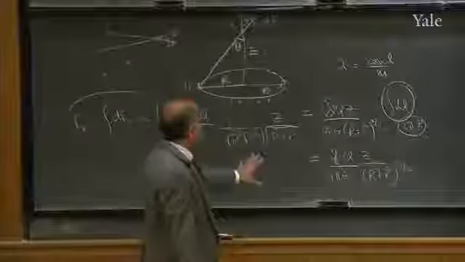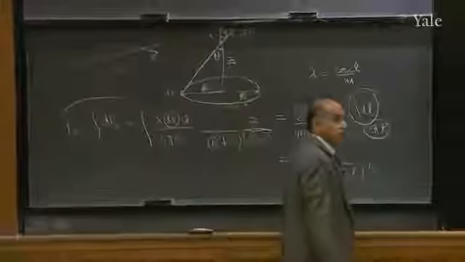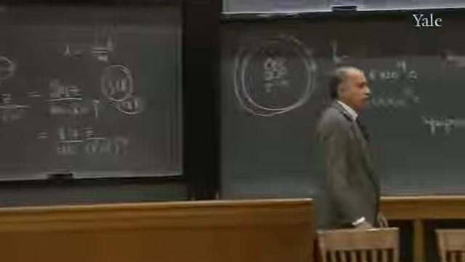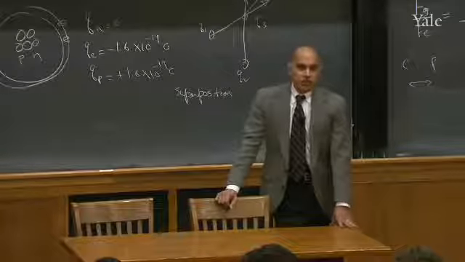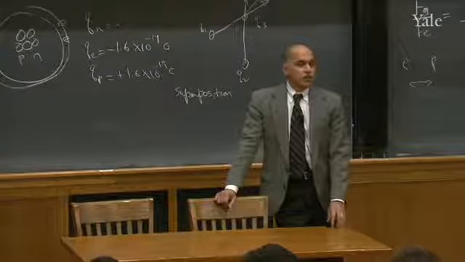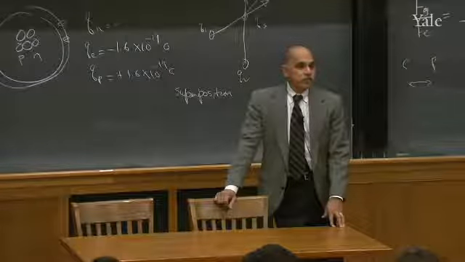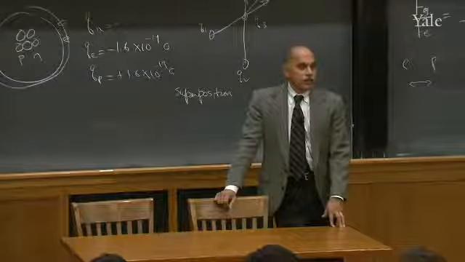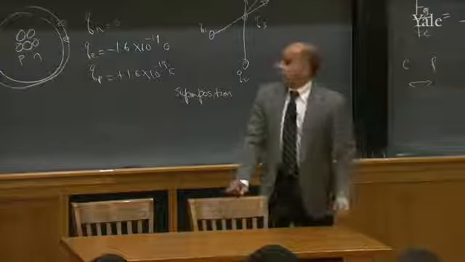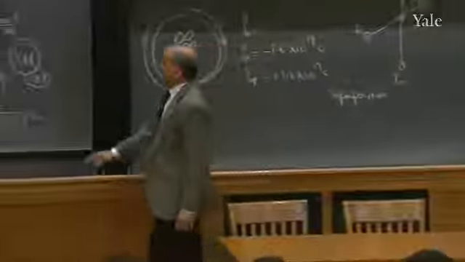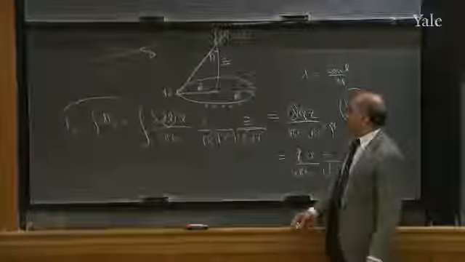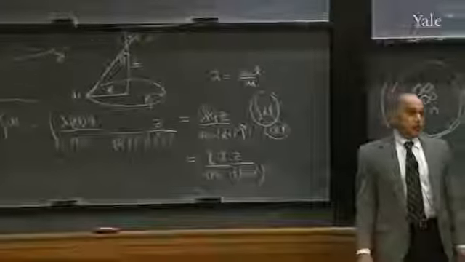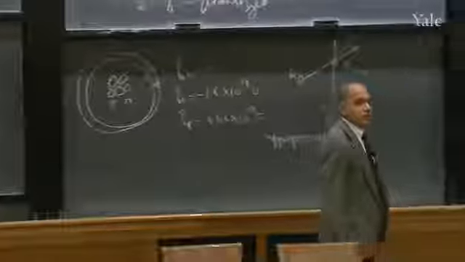Now, once you've done this calculation, you may think maybe I missed a factor of pi or a factor of e, something. Can you think of a way to test this? What test would you like to apply to this result? Yep. We're going to put z equal to 0 and have it in the middle. There should be no forces on it. Very good. What he said is, if you pick z equal to 0, you're sitting in the middle of the circle, and you're getting pushed equally from all sides, and you better not have a force, and that's certainly correct. This vanishes when z goes to 0. Anything else? Any other test?